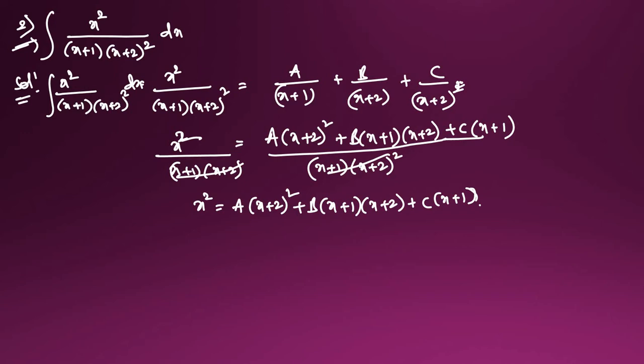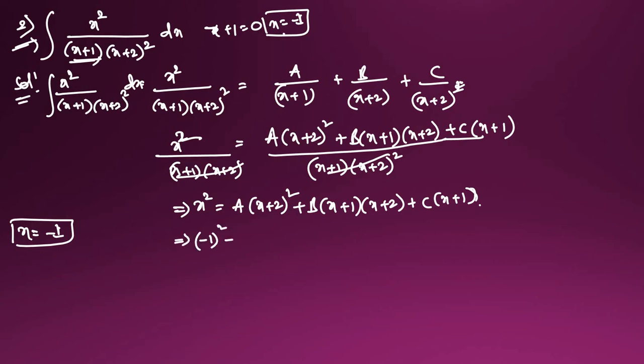Okay. Now first we put in x = -1, because the denominator value is 0 there. x + 1 = 0, so x = -1 will come. So this we will substitute in this one. Here it will become (-1)² and it will become A into, so if I substitute -1, it will become (1)² plus, if I substitute -1 in this one, it will become 0, total will become 0, and here I will substitute -1, so this is also going to become 0 plus 0.